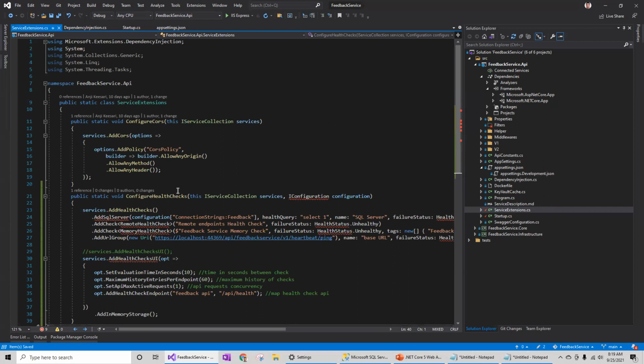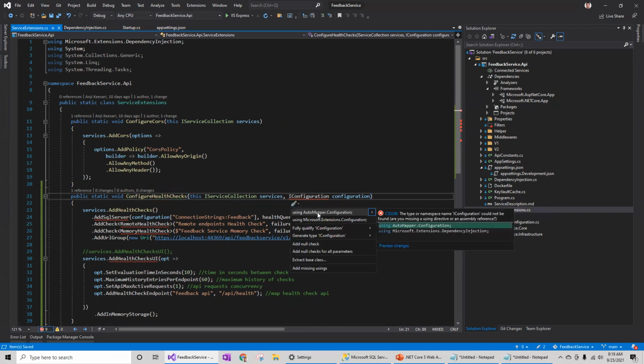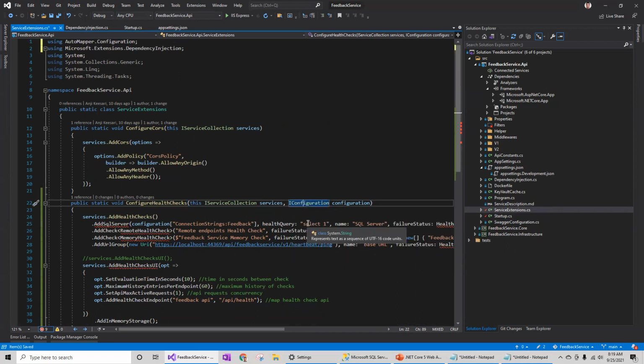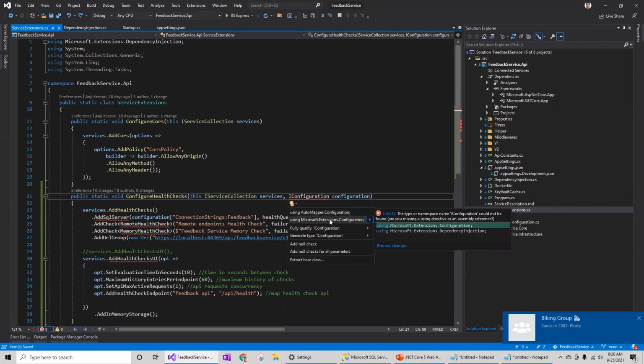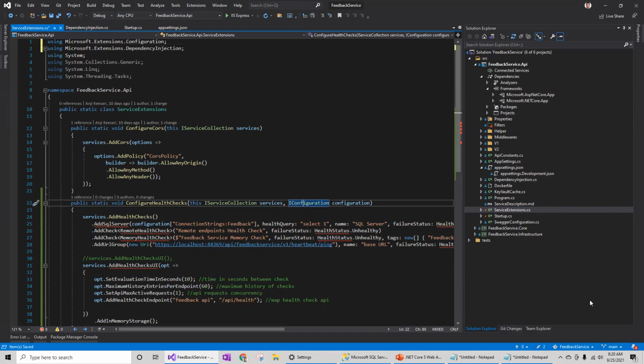First fix the code here. So I added one more endpoint. I need using statements. I make sure that I'm adding the right one: AutoMapper and the Microsoft extension configuration.